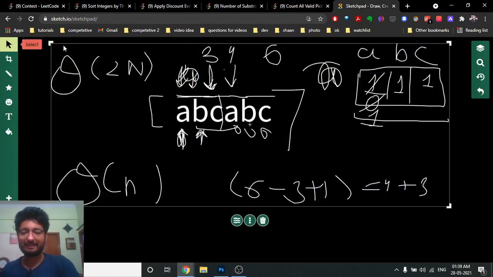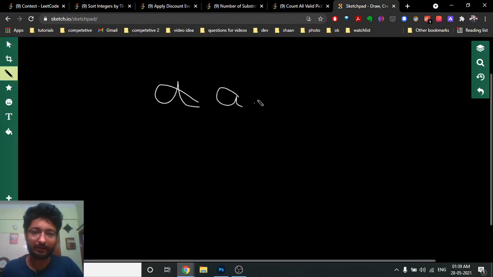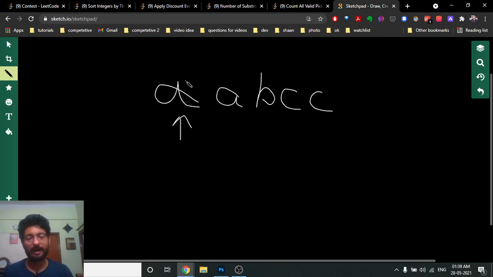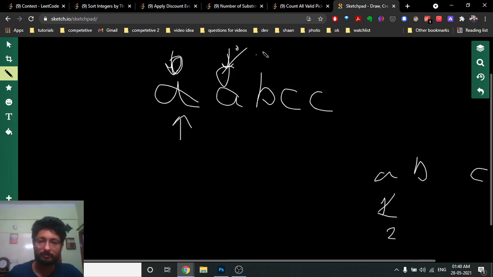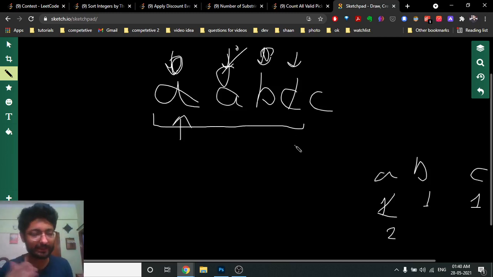So as you can see in an example like this, A, B, C, C, I will make my I point to this point, and my J will move from left to right. At this point my A, B, C frequencies are first equal to 1, then my J pointer moves to this point, so it will increment the value by 2, then it will come to this point and increment B by 1, and it comes to this point and increments by 1. So at this point I have actually formed a substring consisting of A, B, and C at least once.